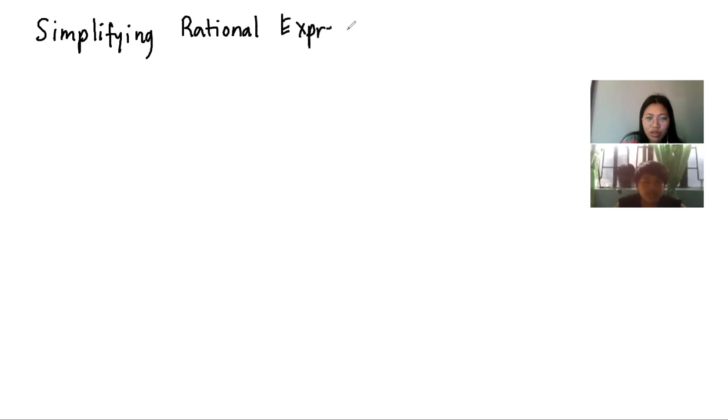So what we're going to do is to simplify. This is simplifying rational expressions. How will we simplify the rational expressions if the given is